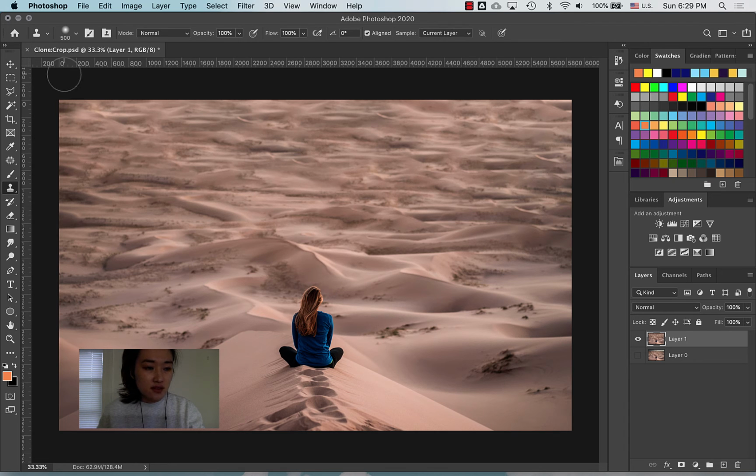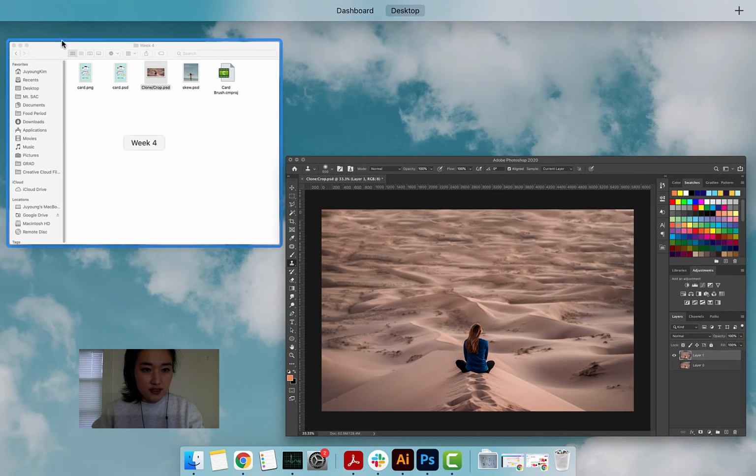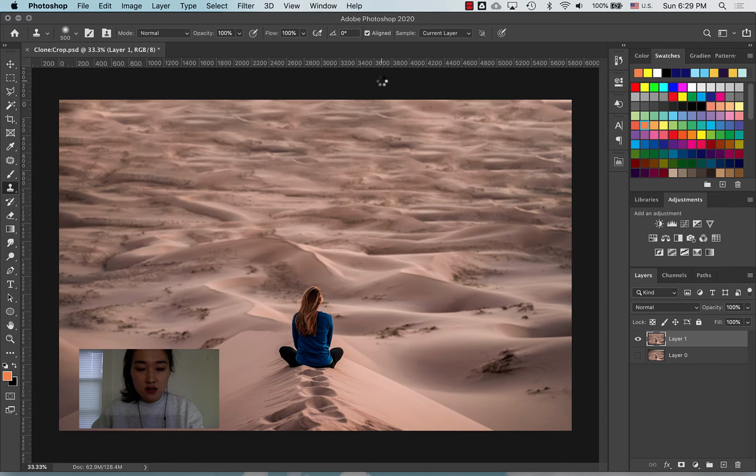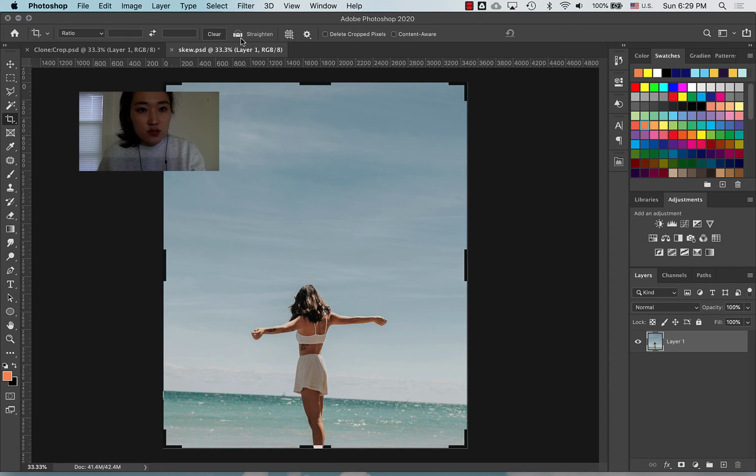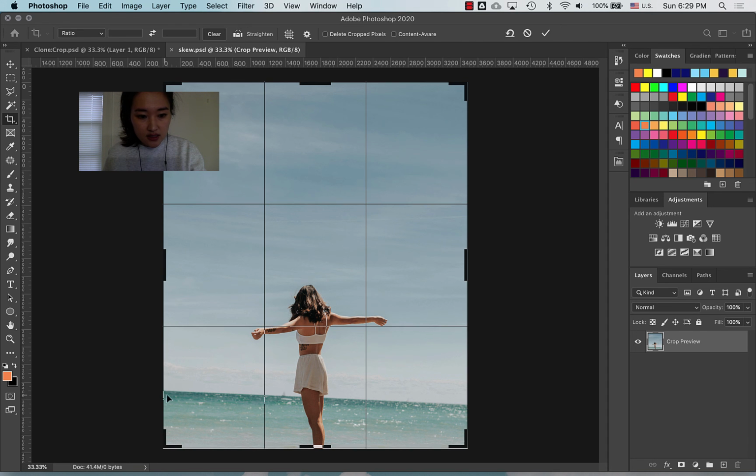One other thing that I wanted to show is something called Skew. When you are on an image, right now you can see that she isn't on a straight line, like it's skewed towards the right side. So what you can do is, on the crop tool, you can click on this thing called straighten, and you can click on where you want it to straighten from. So from here,